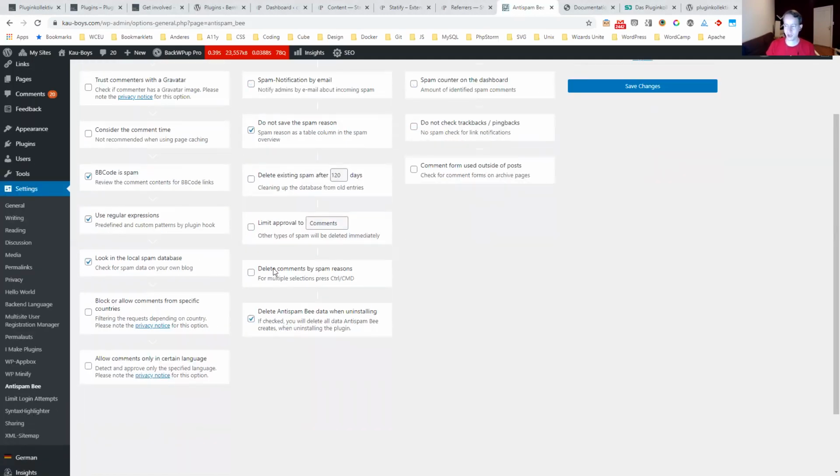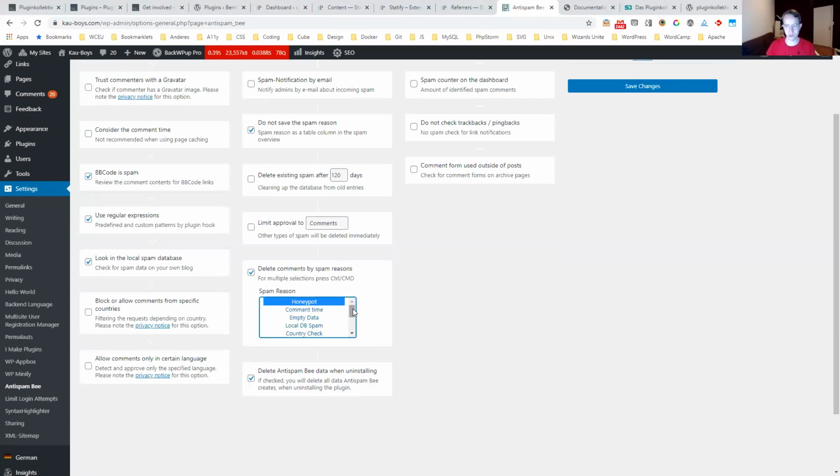And then you can also say, I want to immediately delete spams when a specific spam reason is hit. So let's say the honeypot filter kicks in. There's a hidden input field in the comment, and when a bot fills out that hidden input field, this is a very good signal that this is a spam comment. So you can say, okay, if they hit the honeypot, then delete them. And if they hit the regular expression, delete them right away. So you can say, if those reasons are hit, just delete those comments, don't store them in the local